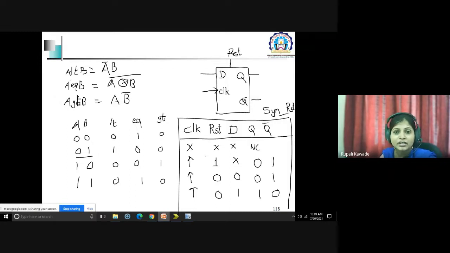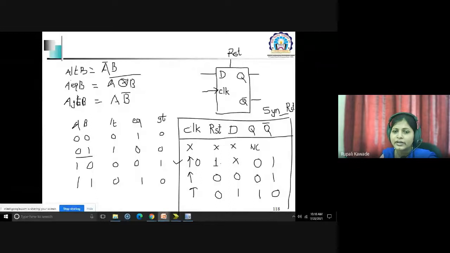But if it is an asynchronous reset, then for the second line, you can check the presence of the clock. If clock is not present, so clock is 0, and reset is 1, you will get the same thing here.